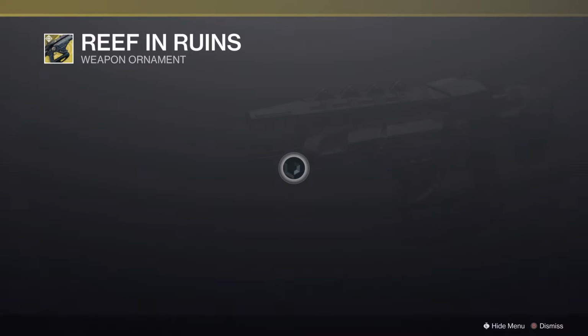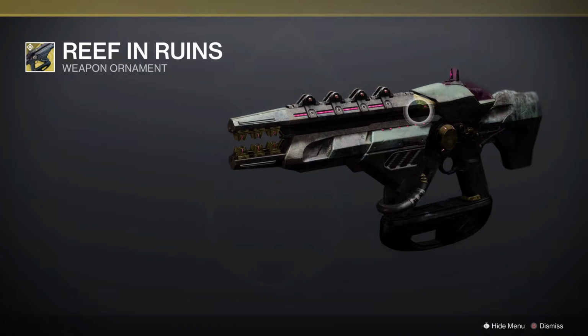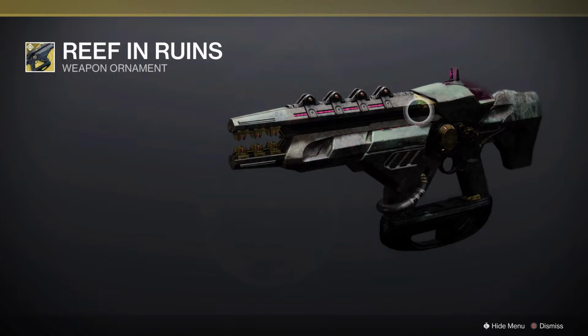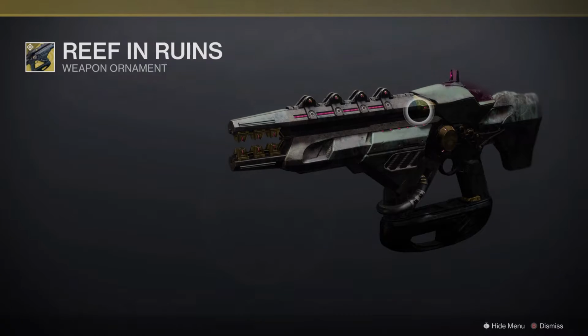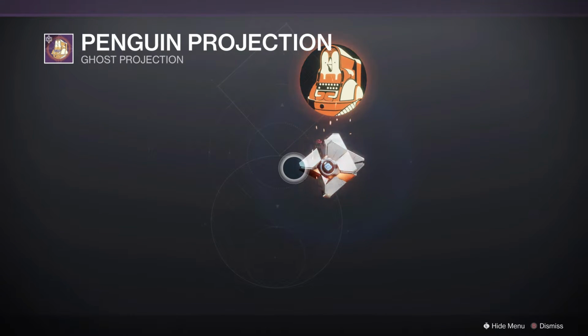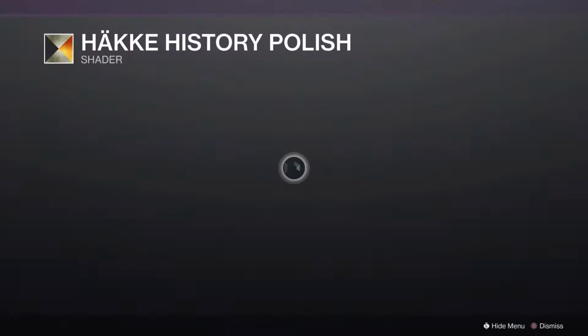Now, as well, Reef Ruins, a Telesto ornament. This came back from... Actually, this is its original ornament. This is supposed to be basically just a burnt-up look. Well, it actually looks a little more Forsaken now that I think of it. But it's a new Telesto ornament available. Now we have the Penguin Projection, which is a cute little chibi penguin surveyor projection. And for our flares, we have...